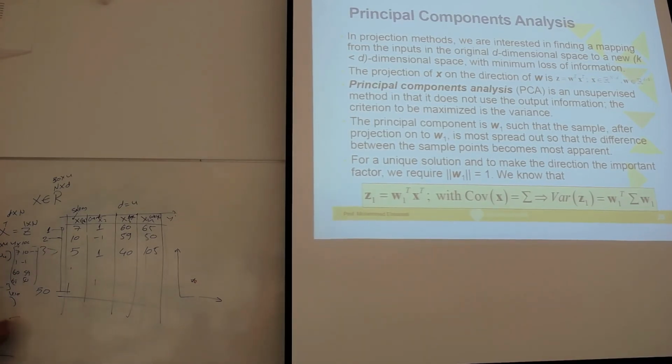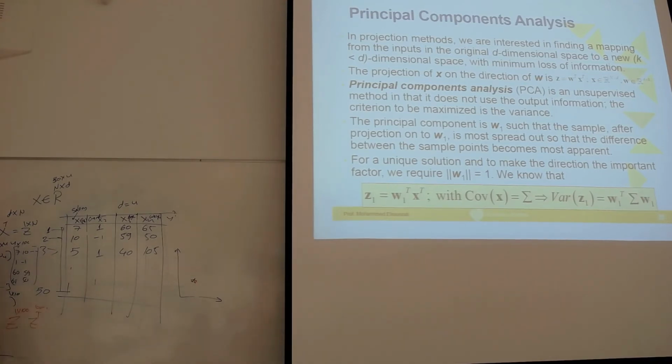What is the covariance of Z? As I said, Z is 1 by 100. If you multiply it by Z transpose, which is 100 by 1, the multiplication gives you a single number. We need this single number to be as maximum as possible. So we multiply Z1 by Z1 transpose, as we explained in the previous part. Then the variance of Z1, we can compute it easily.